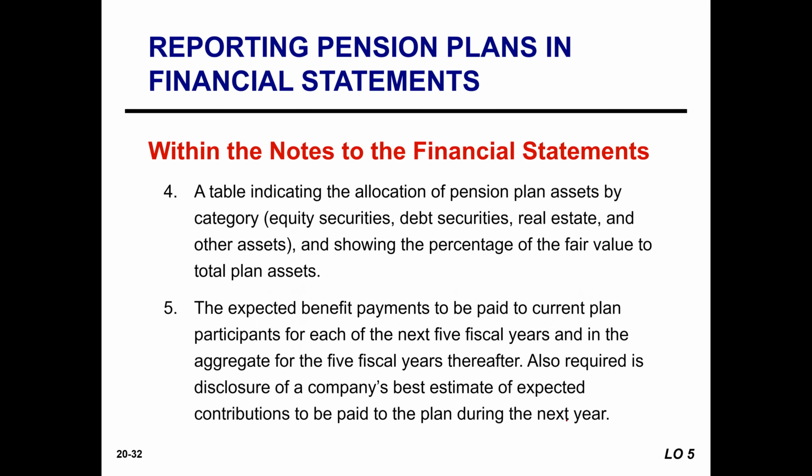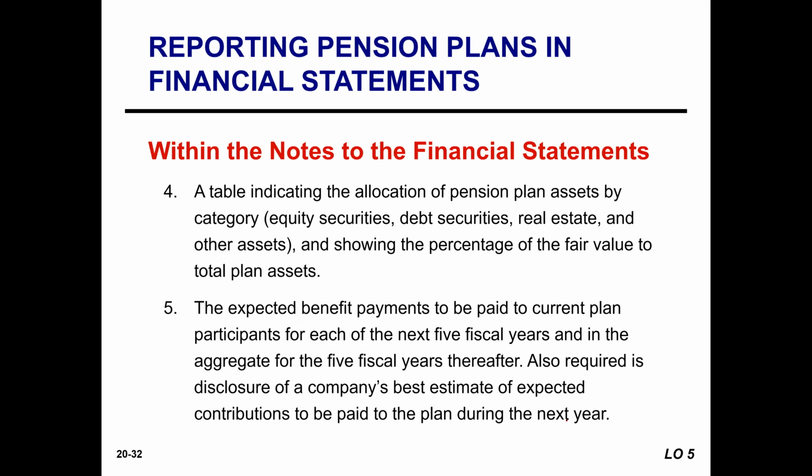Number four, a table indicating the allocation of pension plan assets by category. So whether they're equity securities, debt securities, real estate investments, or other assets, and then showing the percentage of fair value to total plan assets. Number five, the expected benefit payments to be paid to current plan participants for each of the next 5 fiscal years and in the aggregate. So individually for each of the 5 years, and the aggregate or the total for the 5 fiscal years